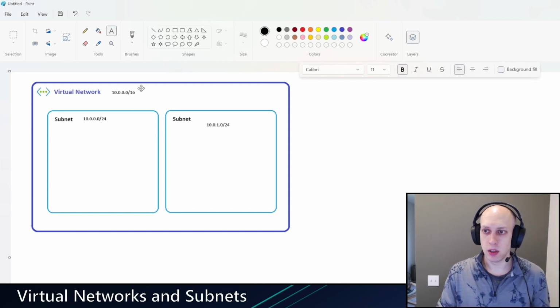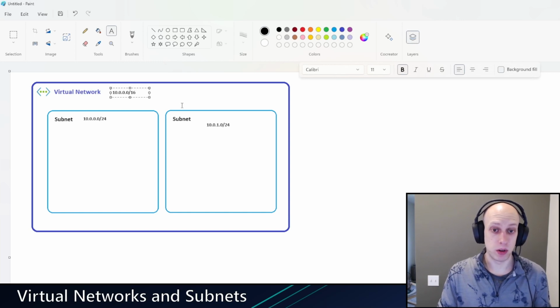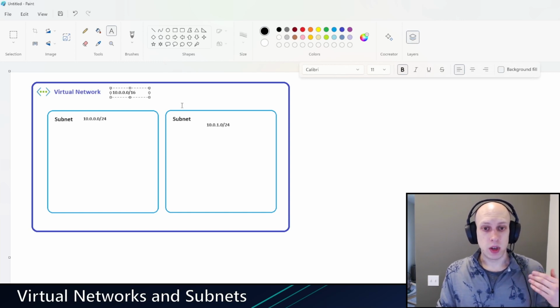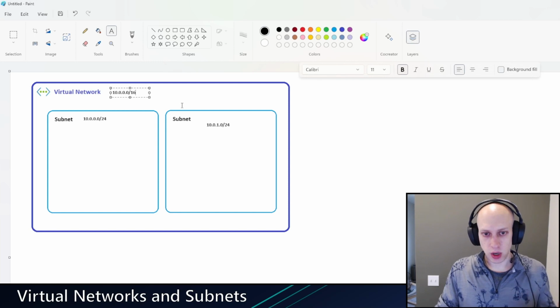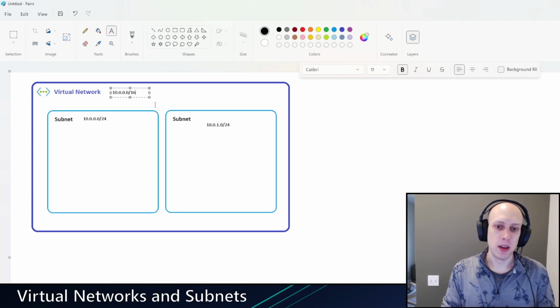Now, obviously, if you're coming from a networking background, you understand you don't want your Azure IP space to overlap with whatever you have on-prem. So that's the main thing you want to plan for, other than planning also for expansion in Azure. Now, I won't be able to tell you how to manage your on-prem network. I don't know what your IP space is going to be, but I can tell you from an Azure perspective,